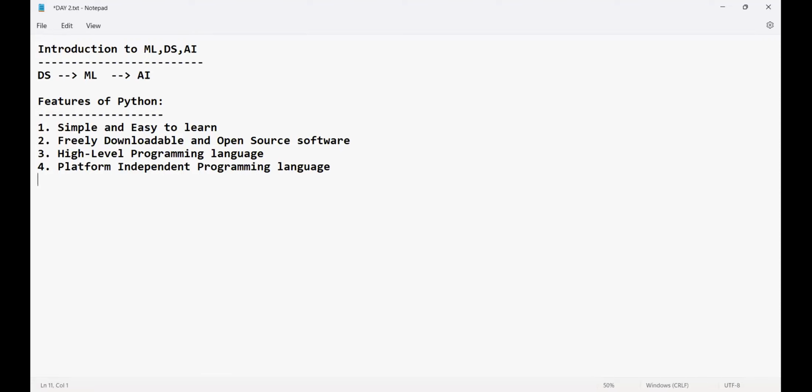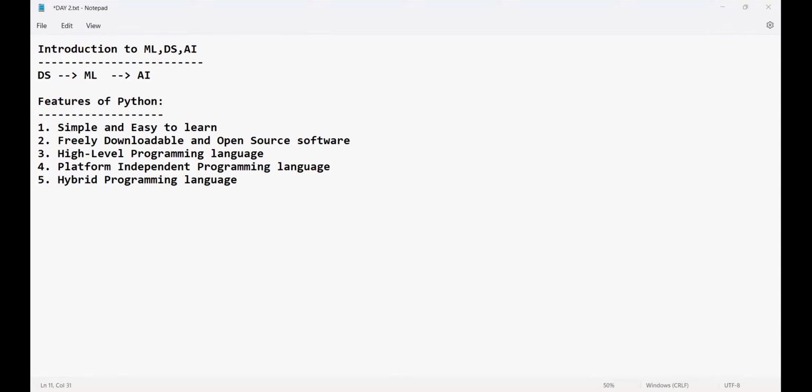Next, Python is a hybrid programming language. Sir, what is the meaning of this, sir? Python is both compiled and interpreted. What is the meaning of compilation, interpretation? Why is it a hybrid language? What will happen internally in Python? Everything with a beautiful diagram I'll explain. But as of now, I have just written the point.